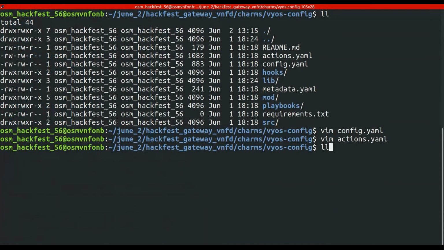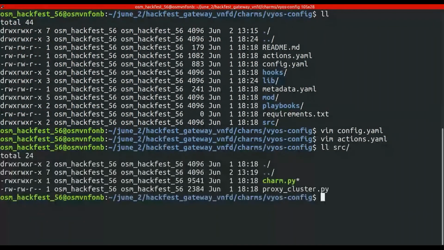Okay, if I show the source, I see two things, the charm.py and the proxy cluster. This proxy cluster is an example of a peer relation, which is the relation between all the proxy charm units in case we scale the proxy charm. Okay. So just for you to understand a bit better,